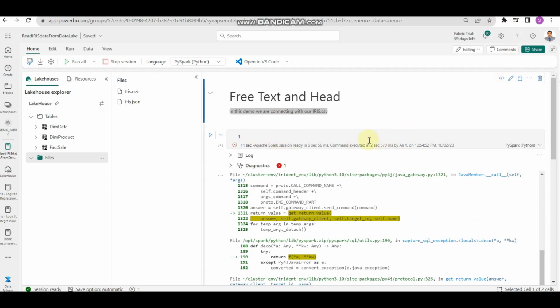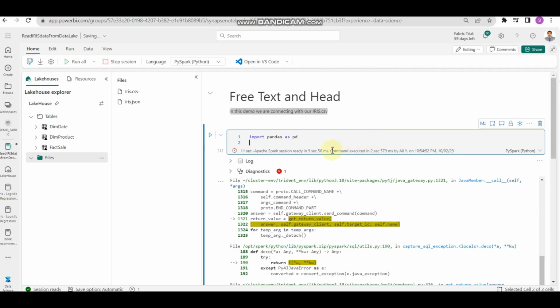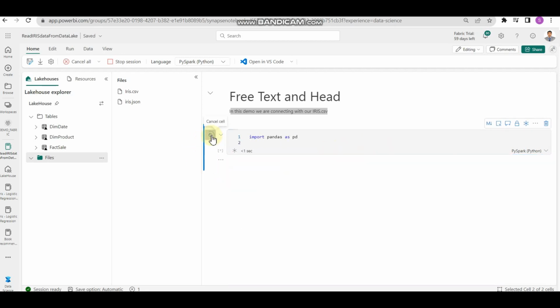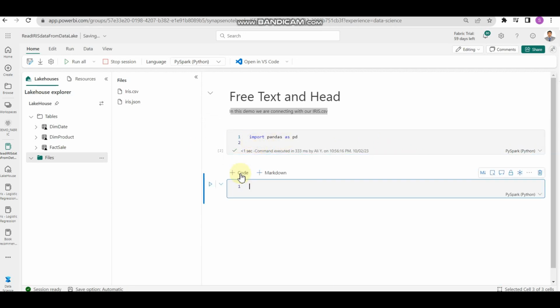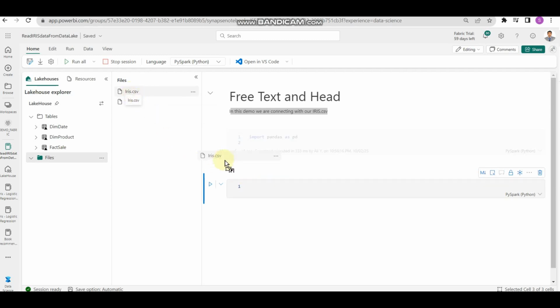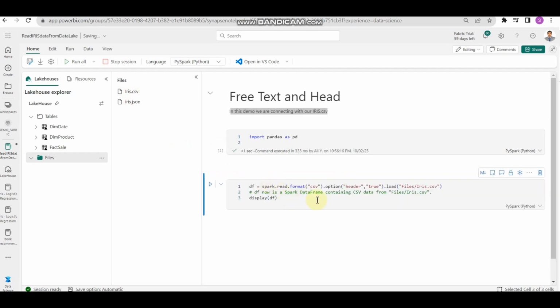what I want to do is write import pandas as pd and run only this command. So it's successfully run, session ready, connected. Let me add one more code snippet here. So let me drag and drop to connect with